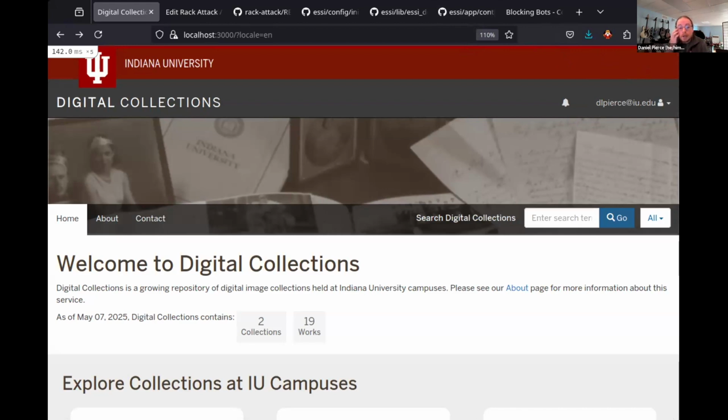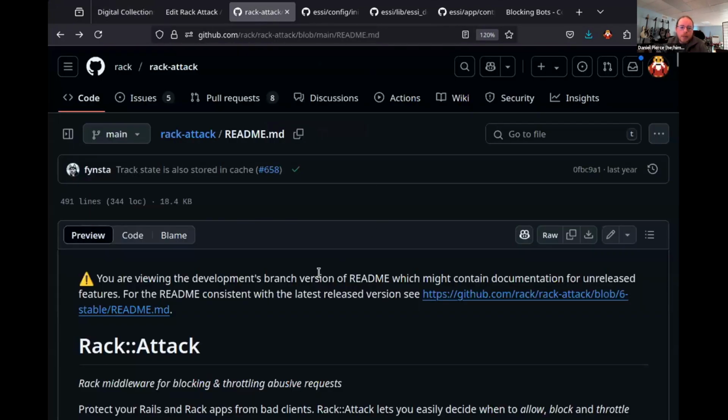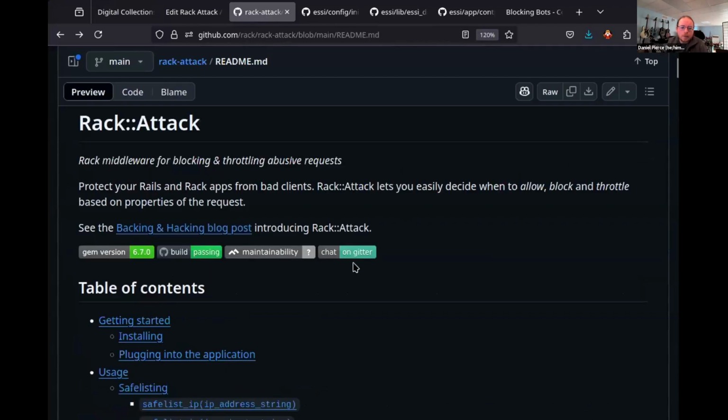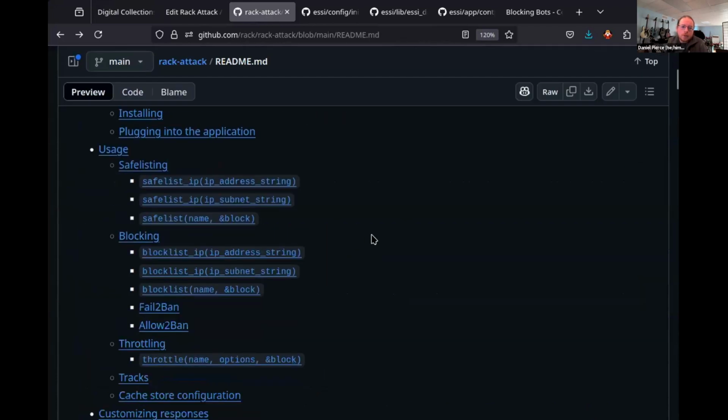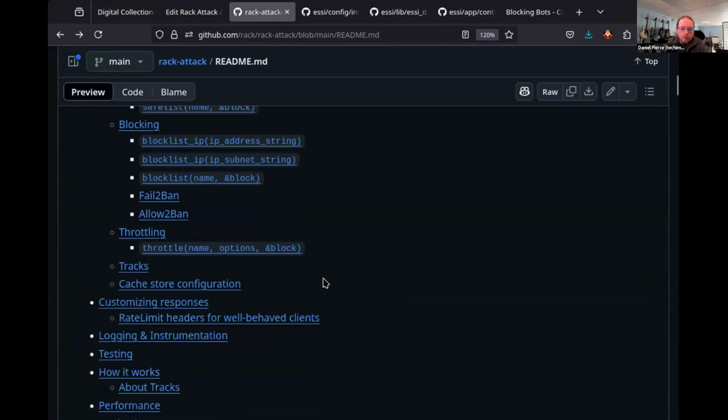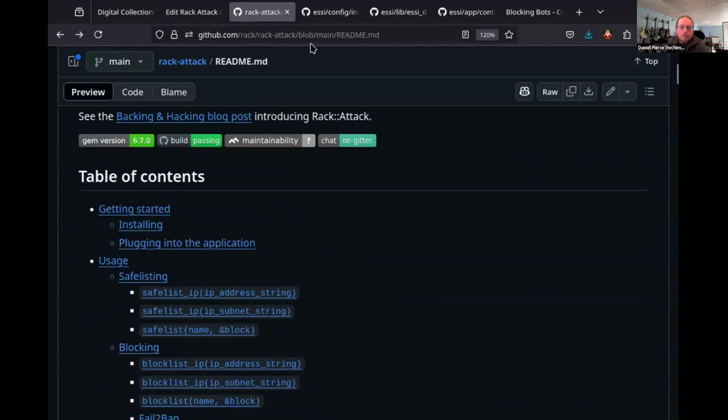And IU has a library catalog that's just a Blacklight site. And they've suggested Rack Attack. They've been running it and it seemed to help them. So Rack Attack is this Rack middleware that lets you define various safe lists or block lists or throttle based upon really a lot of different things. The basic usage would be IP addresses, but it allows for more advanced usage as well. So I went about integrating this, and